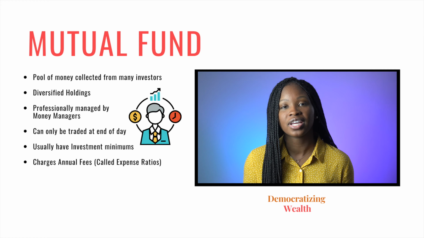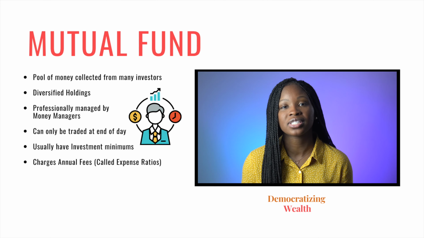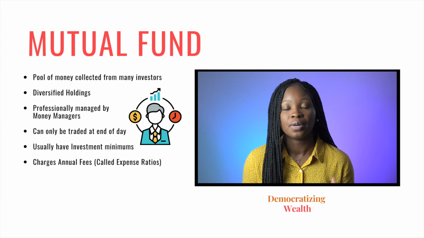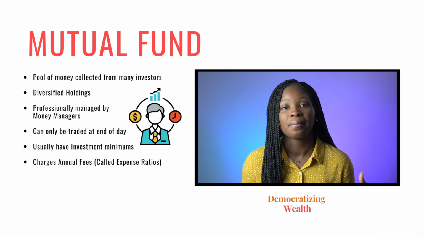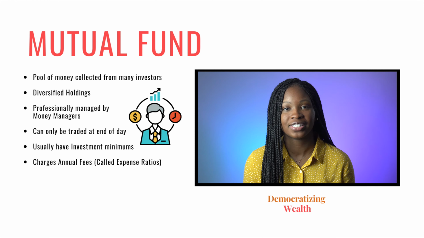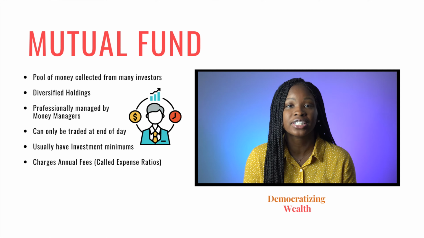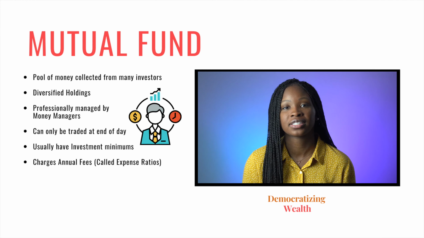And a mutual fund has something called a fund manager or a money manager. This is the person that has full autonomy on when to buy and sell a particular stock to try to maximize capital gains. The obvious benefit of a mutual fund is that when you buy one share, you are instantly diversified because you're essentially buying a bucket of stocks. And the other thing, you have a person that's doing all the research for you so you don't have to.